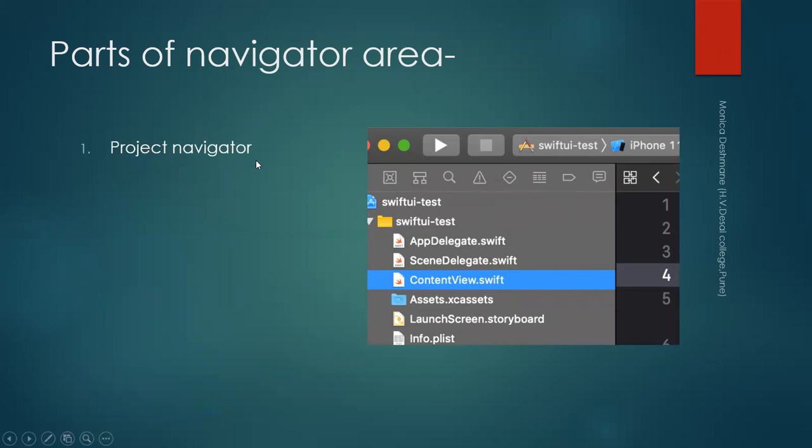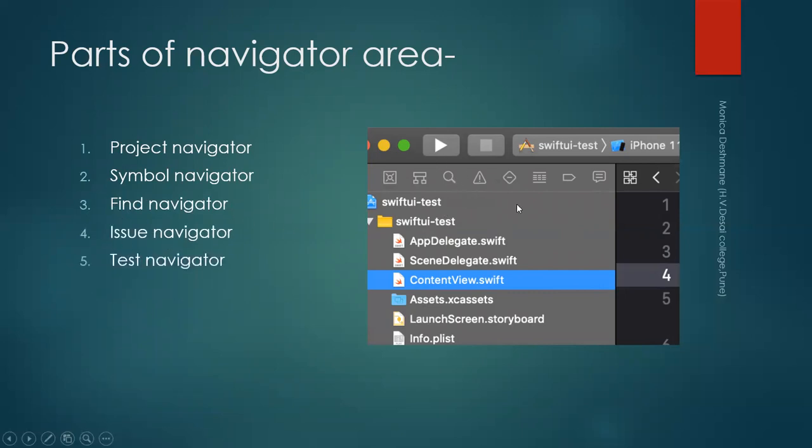Project navigator. We will learn one by one in depth, but still here I'll show you. This is the project navigator, which shows you the project hierarchy. Second is the symbol navigator, which is related to symbols we can include in our project. Find navigator for searching. Issue navigator to show the errors and so on.